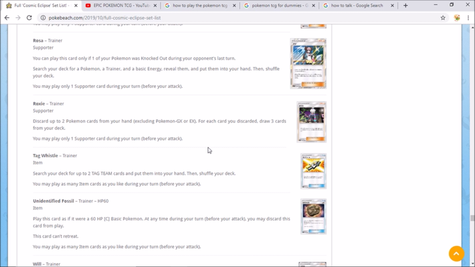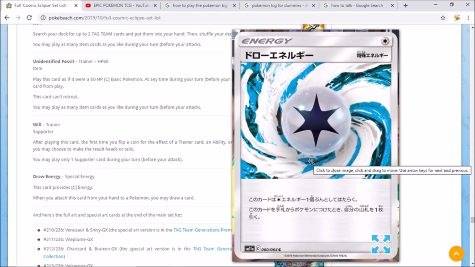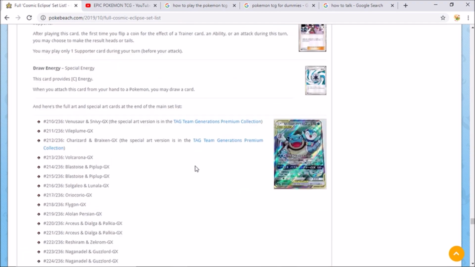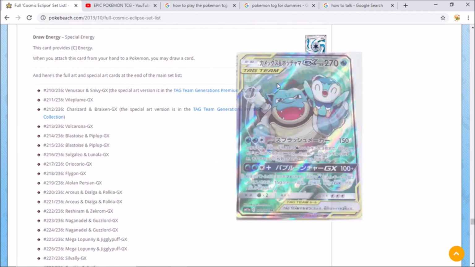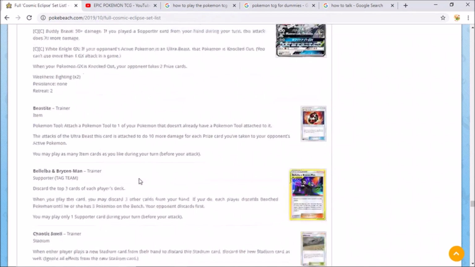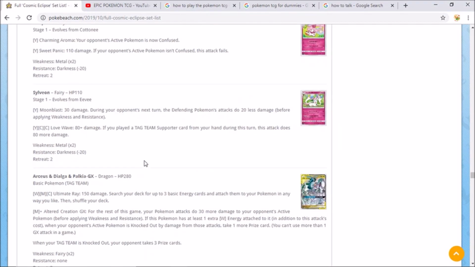Tag Whistle, search your deck for up to 2 Tag Team cards and put them in your hand. Fantastic card. And of course, Unidentified Fossil. We have Will. Draw Energy. You literally attach it and you draw. And then, yeah, I guess we don't have the other stuff. All right. Okay, well, there's our Piplup Blastoise. Okay. All right, so yeah, overall, I would say there are some cool cards in this set, but unfortunately, the majority